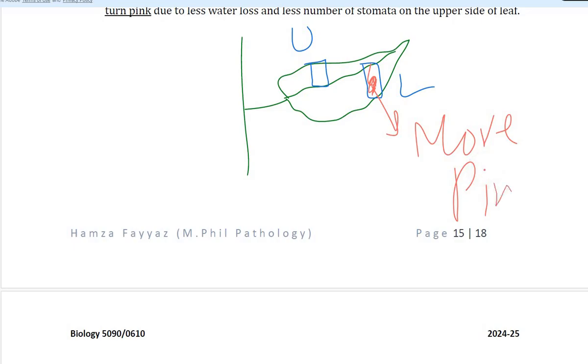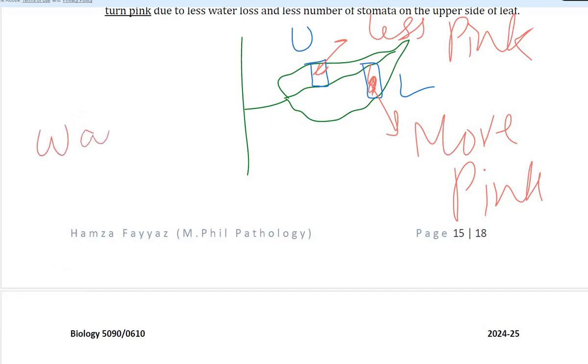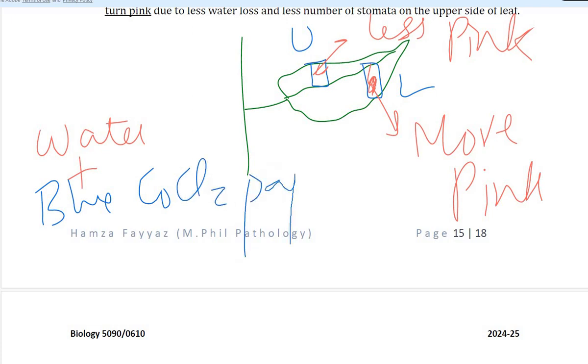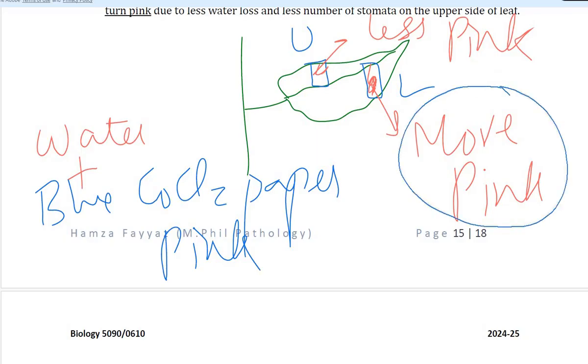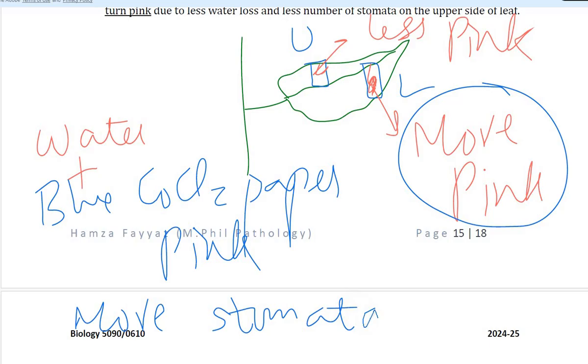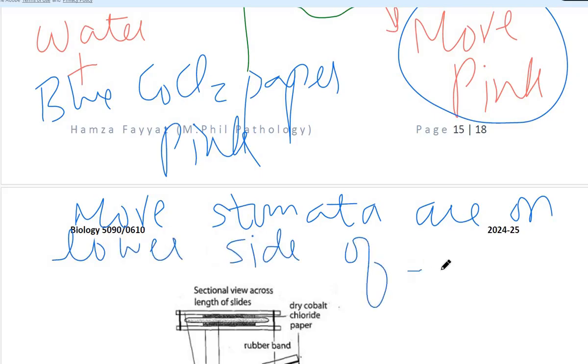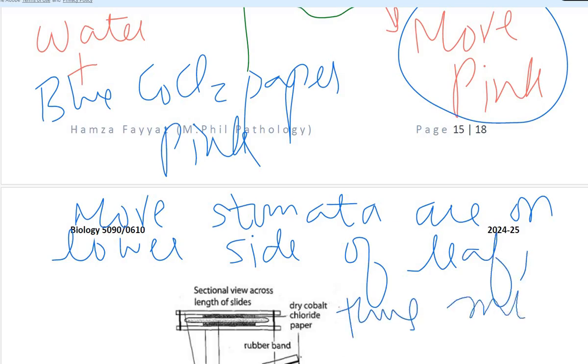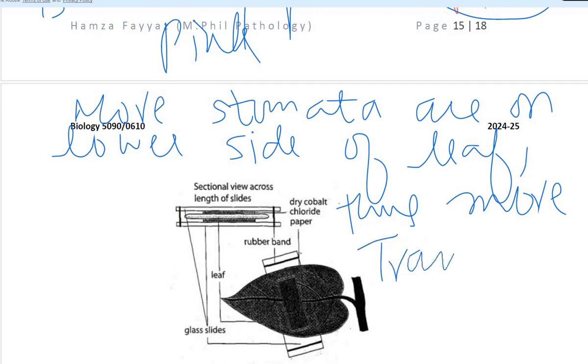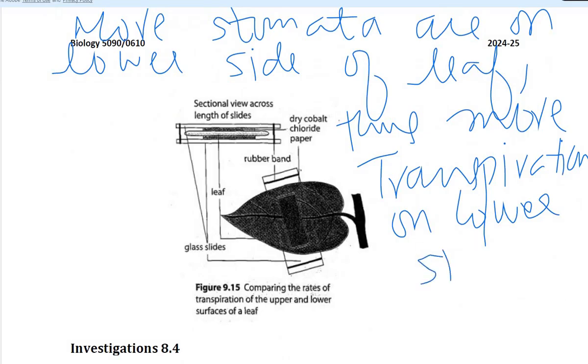मोर पिंक, और जो ऊपर वाला पोर्शन है वो लेस पिंक। मोर पिंक, लेस पिंक। उसकी वजह क्या है कि जब वाटर ब्लू कोबाल्ट क्लोराइड पेपर के साथ रिएक्ट करता है तो ब्लू कोबाल्ट क्लोराइड पेपर पिंक हो जाता है। अब लोअर सरफेस वाला ज्यादा पिंक हुआ, ऊपर सरफेस वाला कम पिंक हुआ, हेंस प्रूव्स दैट मोर स्टोमाटा आर ऑन लोअर साइड ऑफ द लीफ, thus more transpiration on lower side, लोअर साइड पर ट्रांसपायरेशन भी ज्यादा।